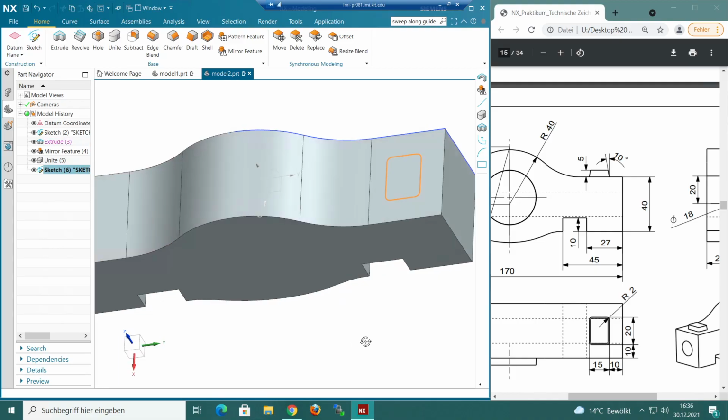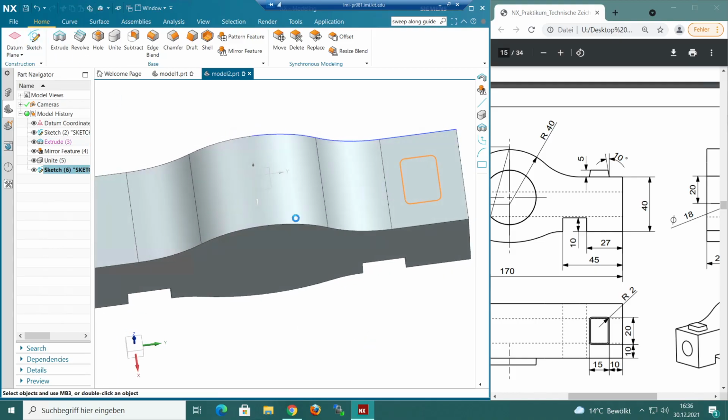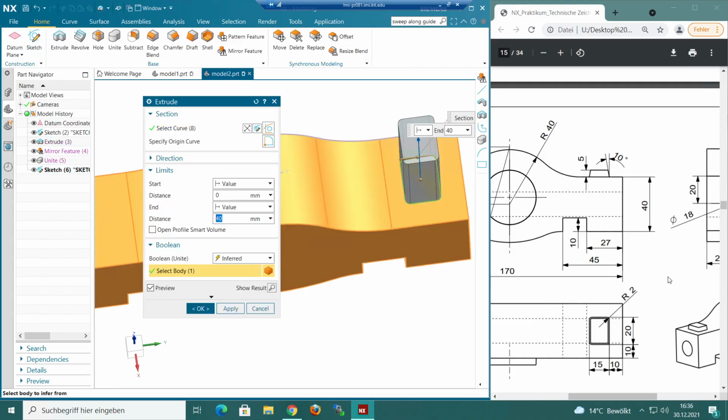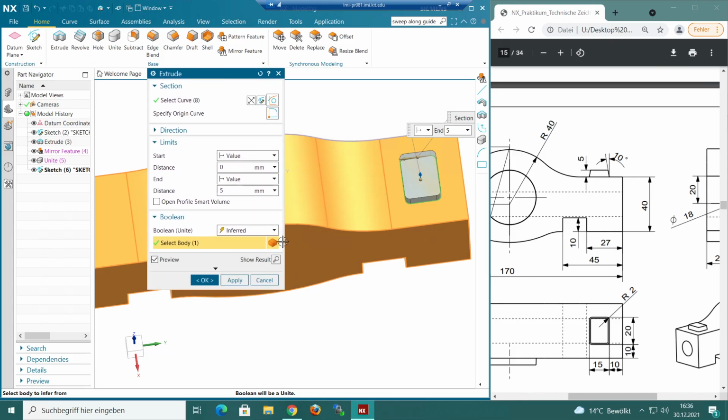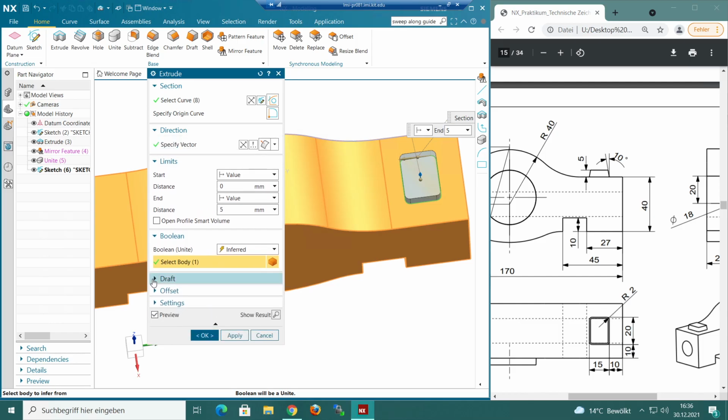So now we have this where it should be. We use the extrude function. We know that the height is 5. But the angle that we need to do separately or differently. And I'm not sure if you have used it before, but you can find the function to do that. If you click on this little arrow, on this more arrow down here, and then you go to draft,